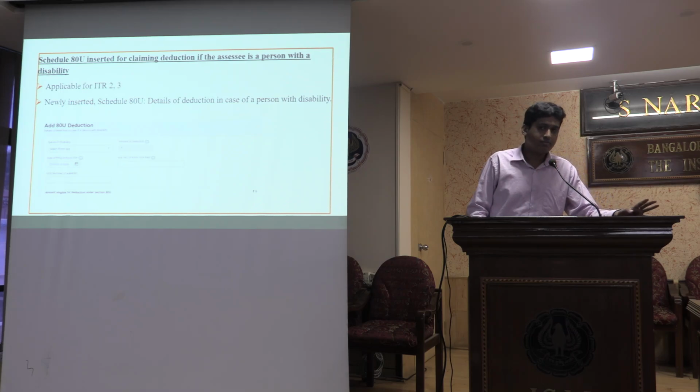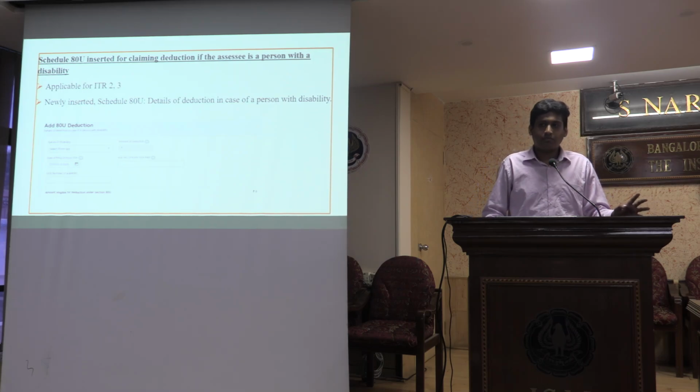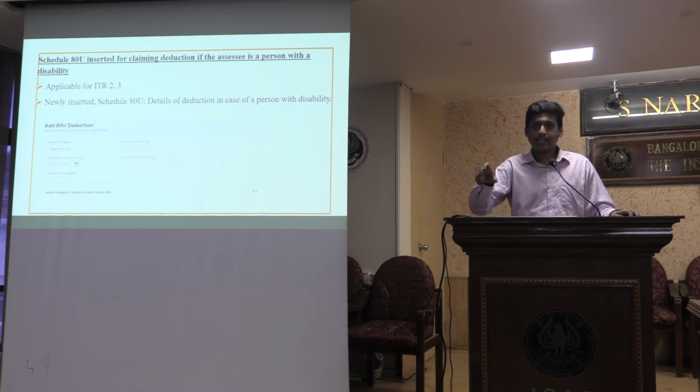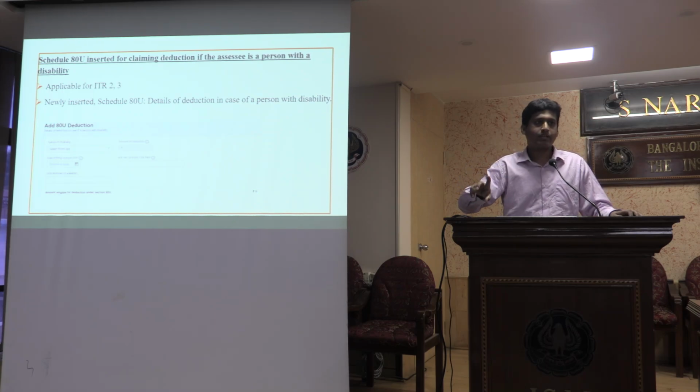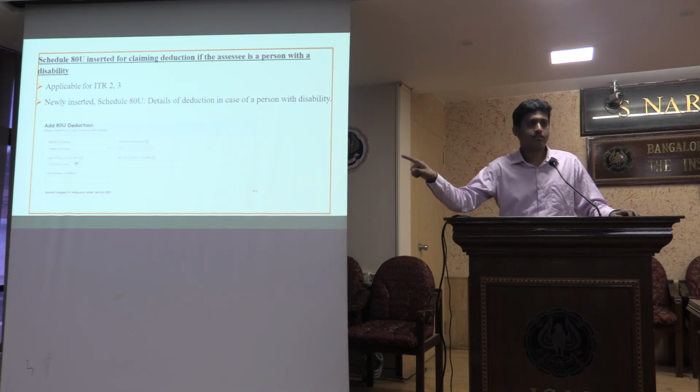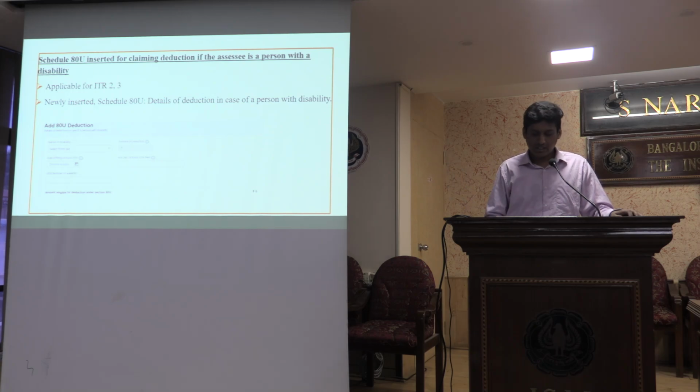There was a form called Form 10IA, but many a time what used to happen is, because we don't have an option to upload Form 10IA along with the return, there could be chances that assessees take this deduction even without obtaining Form 10IA. So from this year, Form 10IA filing has become mandatory on the portal itself. We have to take a certificate from the certified medical authority, fill in the details that are there in Form 10IA, and file that Form 10IA. We also have to enter the acknowledgement number and date of filing of Form 10IA in order to claim deduction under 80U and